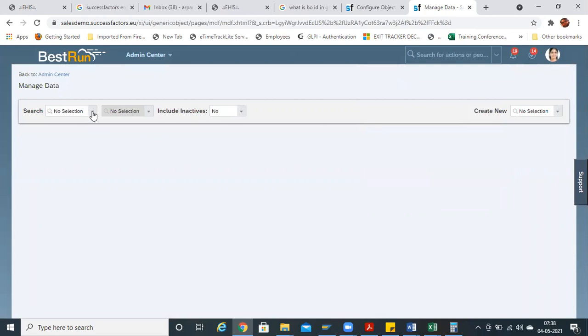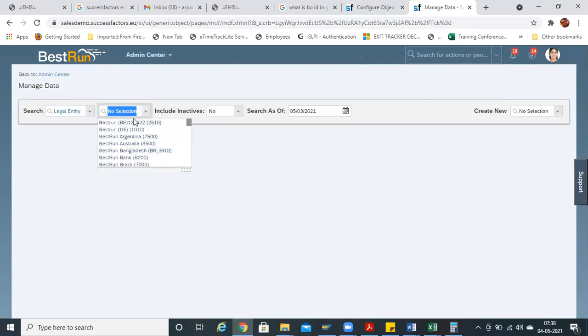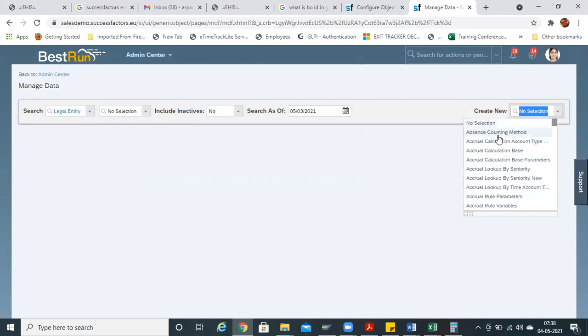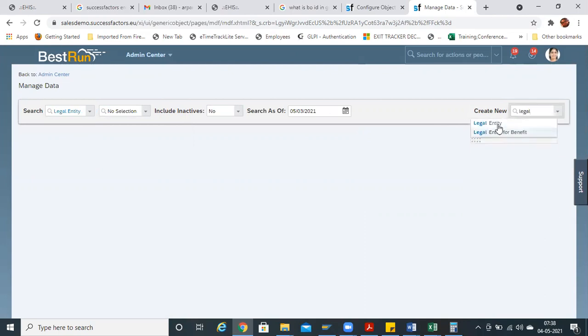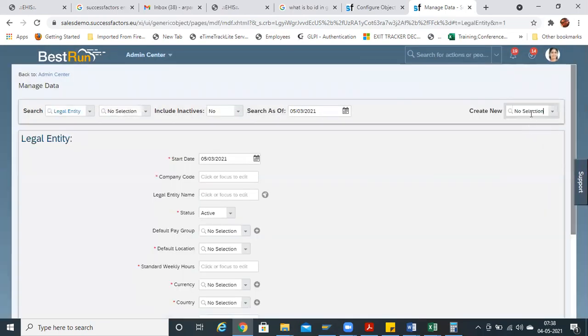So here we'll be maintaining, for example, legal entities. End users will be maintaining existing values here, and the already maintained legal entity values will be shown. If you want to create any legal entity, you have to create it over here. Legal entity is nothing but the company code, which captures the profitability of the company. Every company has only one company code, so there can't be more than one legal entity for a company.